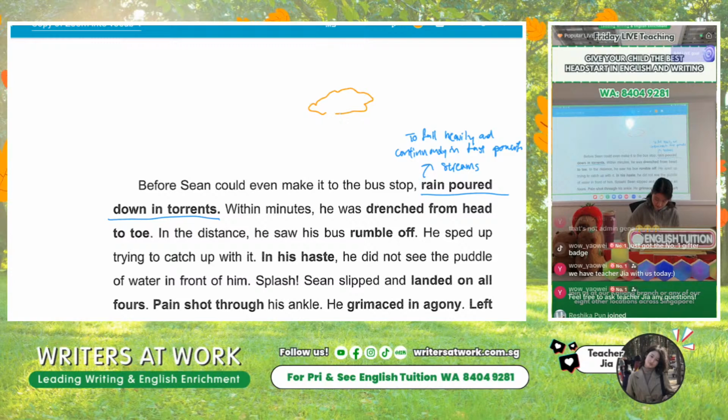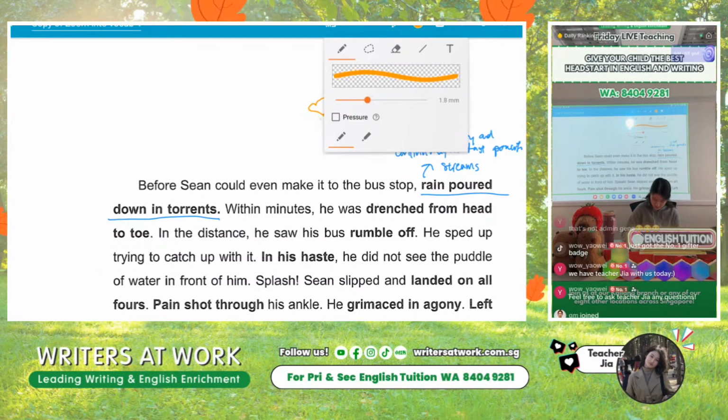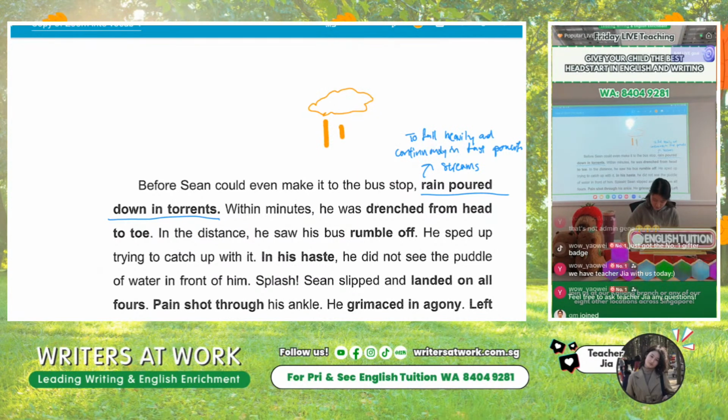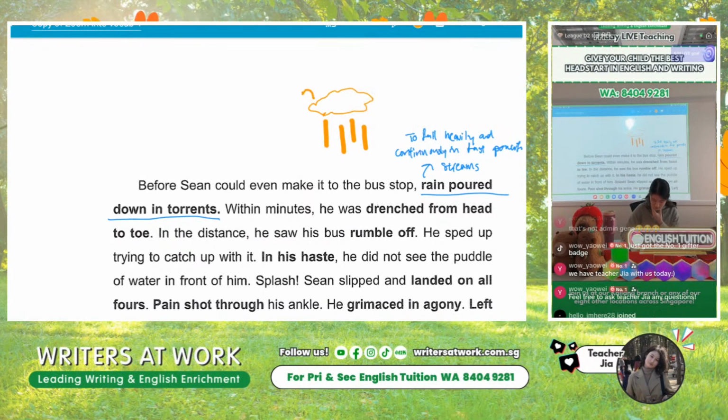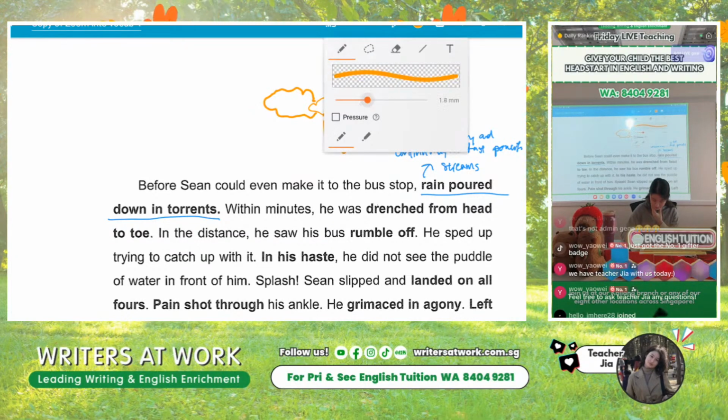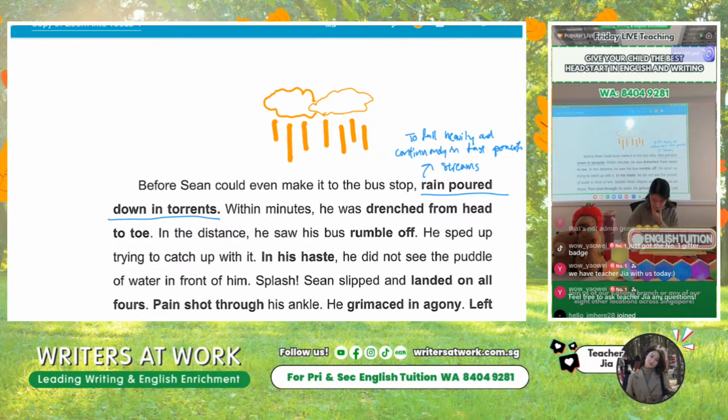So we're drawing some clouds, okay, and then the rain looks like this. It's literally going down in torrents. You can imagine straight thick lines of rain just falling through the sky like this. That is literally the picture being painted over here. I can draw another cloud so it looks more rain-like. Okay, so it literally looks something like that.